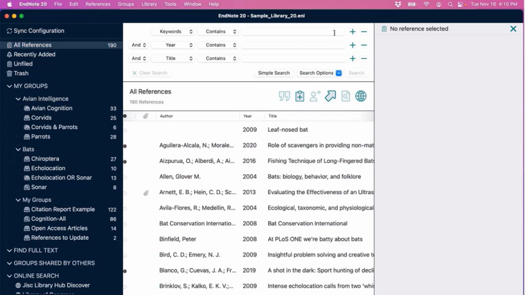The default advanced search panel shows 3 parameter fields. You don't have to populate every one of them. You can populate just one if you'd like. If you needed more than 3 parameters, you can click the plus next to any one of them, and that would add additional parameter fields.